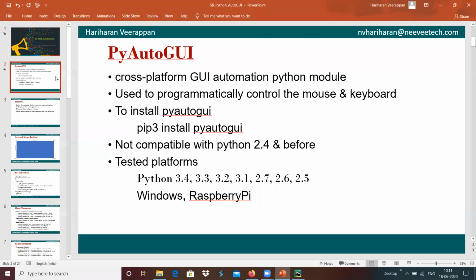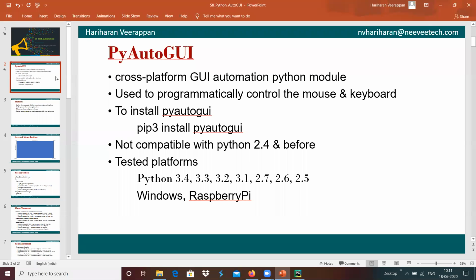PyAutoGUI is a cross-platform GUI automation Python module, used to programmatically control mouse movement and keyboard events.